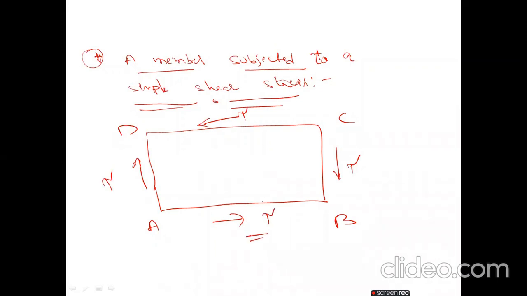Now let FC be a section, that is the oblique section FC, on which normal and tangential stresses we have to calculate. Pt is the tangential stress and Pn is the normal stress. We have to calculate this. So this is the derivation. Anyway, at the end we will get normal and tangential stresses. Those are very, very important.